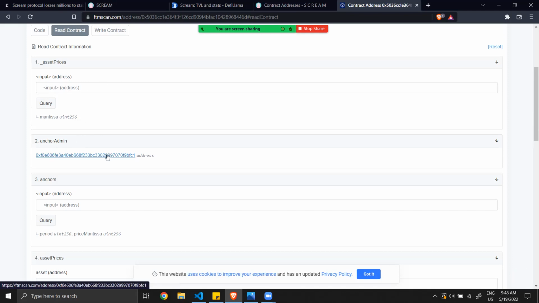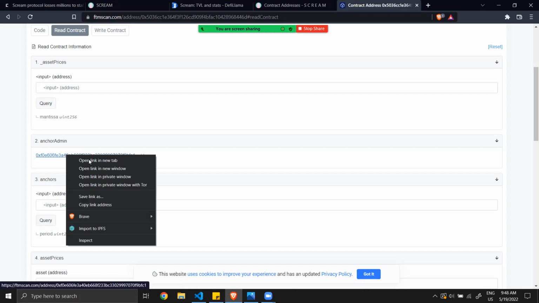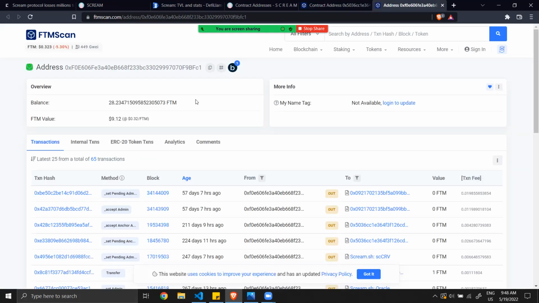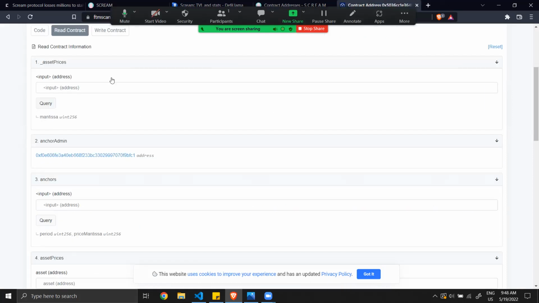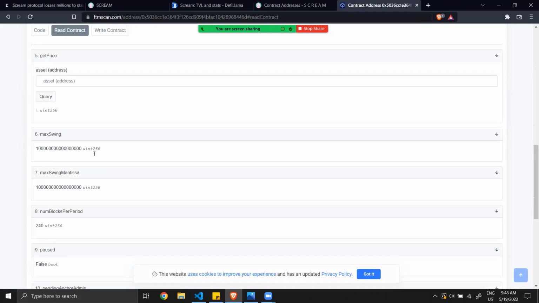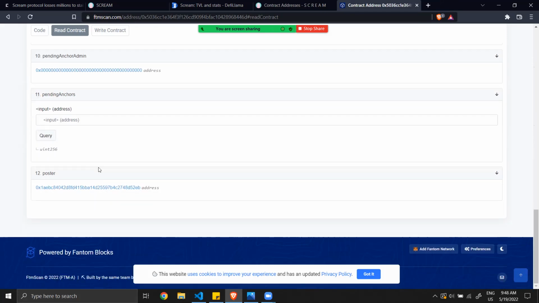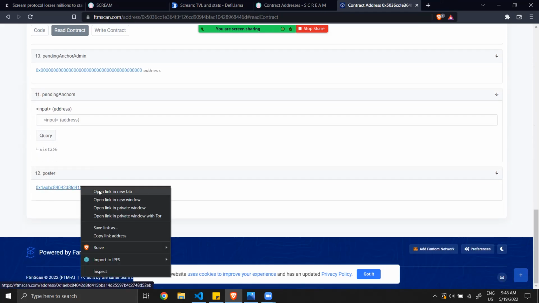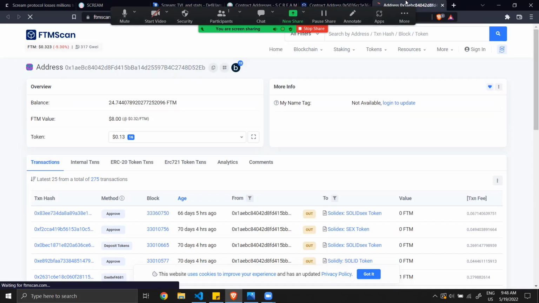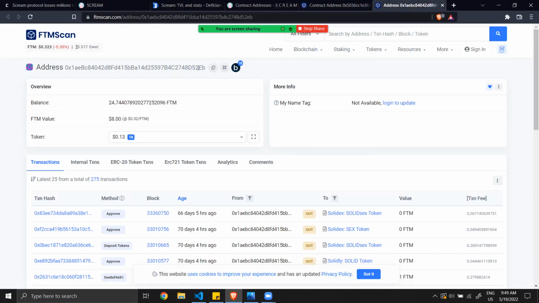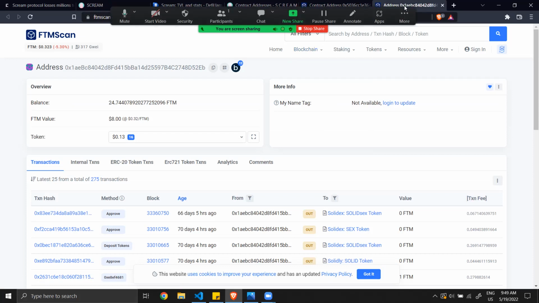One person can modify the anchor price, and we see that it's a wallet, it's not a contract. And same for the person being able to modify the price manually. It's also a wallet and not a contract.